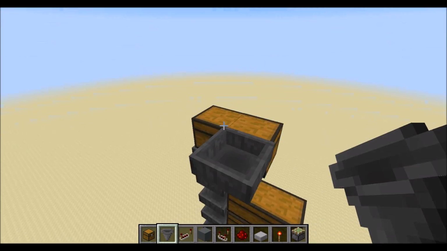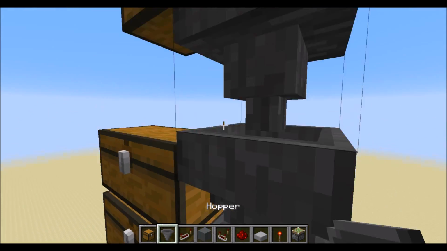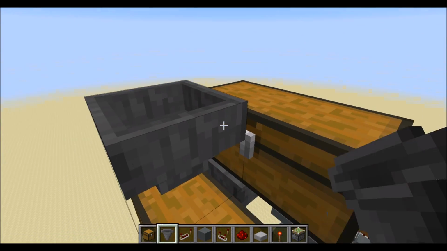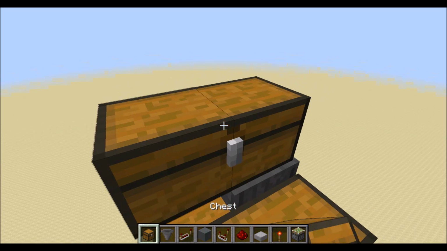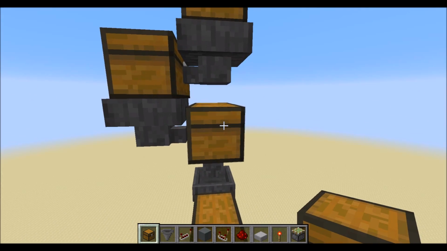You can really put it on either side of the chest. It's just wherever it'll fit. And we can keep on extending this system up. Now what this ensures is that since it outputs items rather slow, if you put a huge influx of items